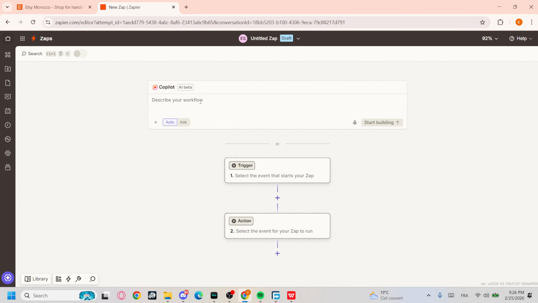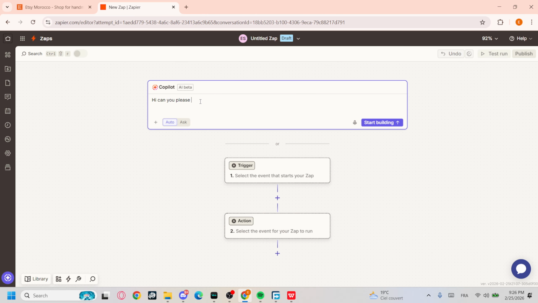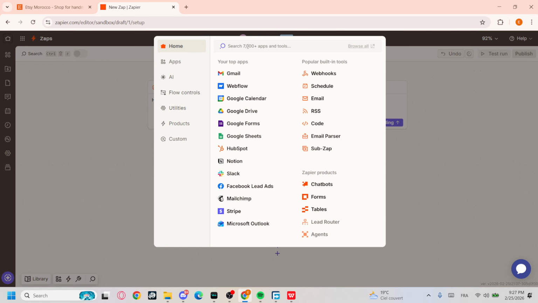Okay, so if you want to use the AI, you can go with: hi, can you please set Etsy as the trigger and TikTok as the action, right? Or you can go manually, so you will need to click on trigger right here and then just look for